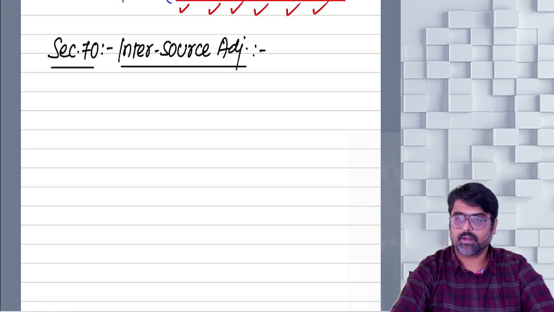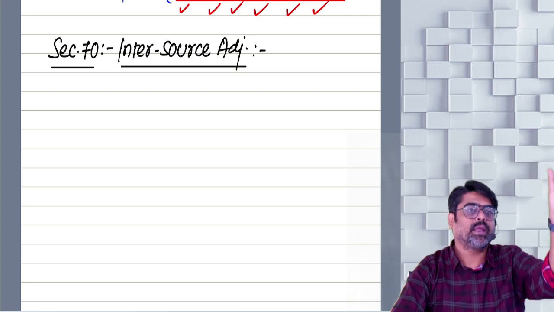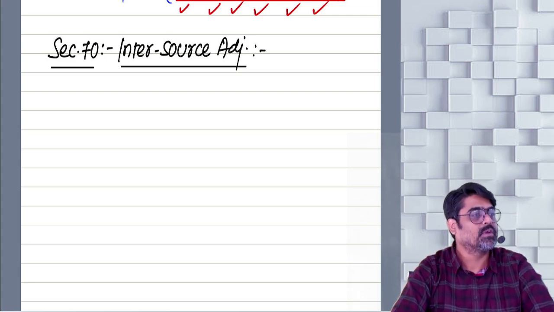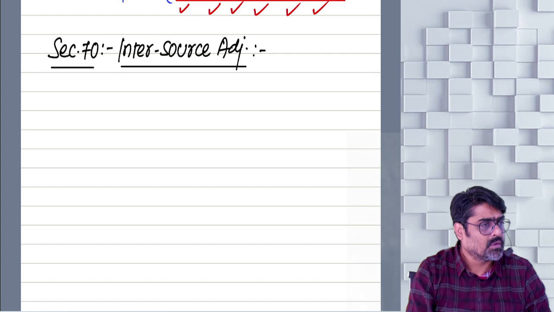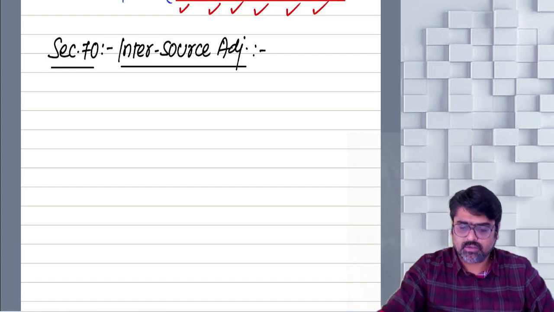Why will that loss arise? Because the income of that source was less and the deductions available from that income were more, resulting in what? Loss. So section 70 says that